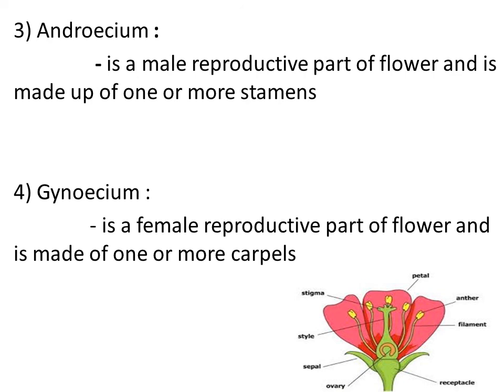What is the function of the stigma? The stigma just acts as a platform. When the pollen grain reaches the female reproductive part, initially it falls on the surface of the stigma. So the stigma is a receptacle. It receives the pollen grain during pollination, right? And the style is an elongated tube through which the pollen tube enters into the ovule, right? Yes. So the gynoecium is nothing but the female reproductive part of a flower.